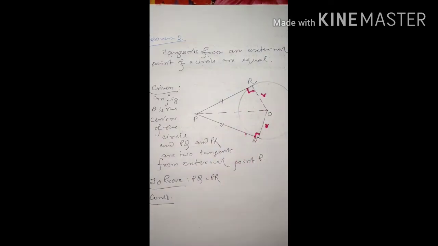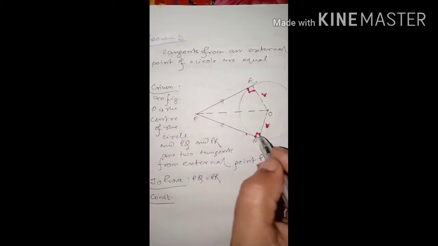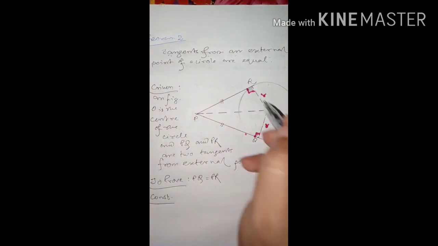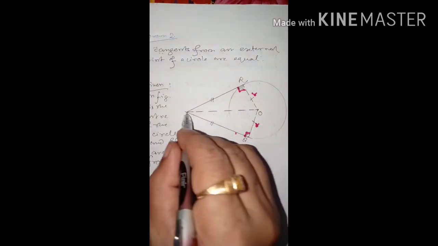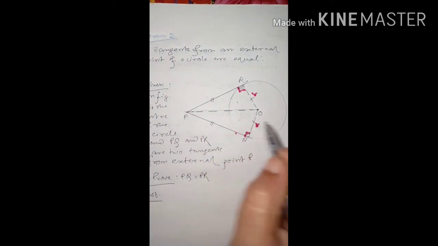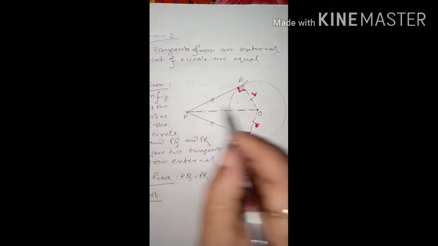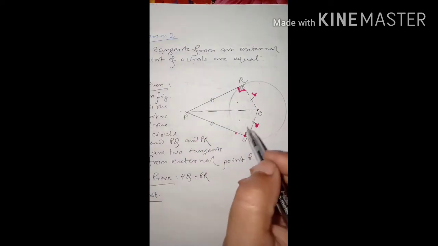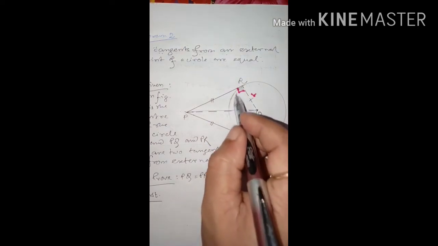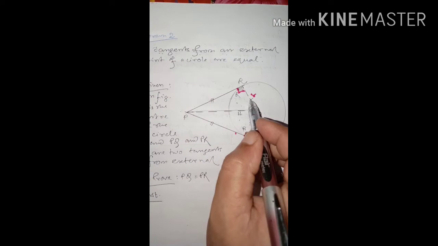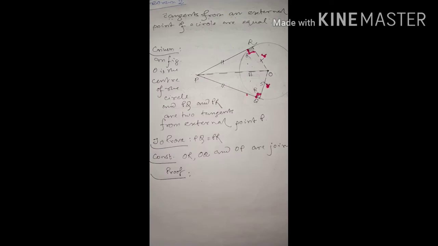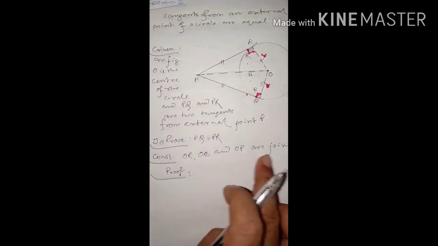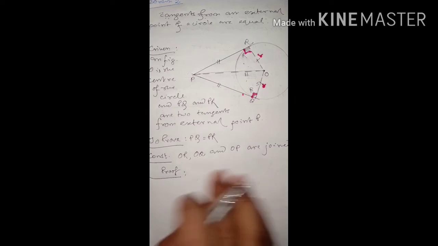Now in these two triangles you see the equal things. This is a 90 degree angle, and this is a 90 degree angle. Radii of the same circle are equal, and this is a common side for both the triangles. So triangle OQP and ORP will be congruent because right angle, hypotenuse and side are respectively equal. By the RHS congruence rule, these two triangles are congruent. So we have to write the construction step. OR, OQ and OP are joined. Now we'll write the proof.